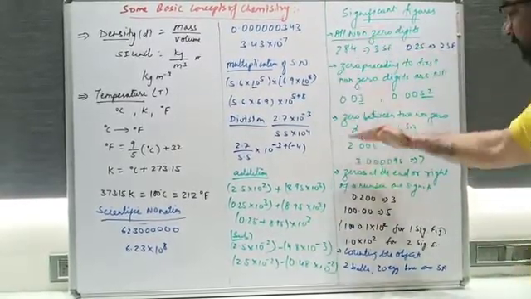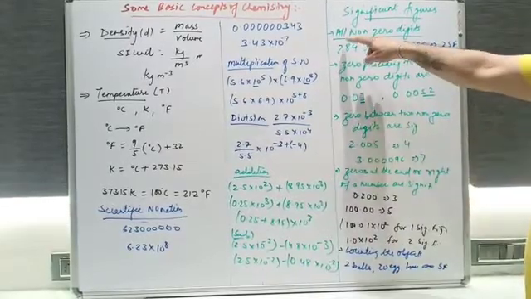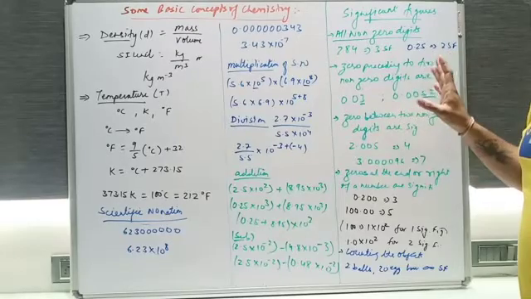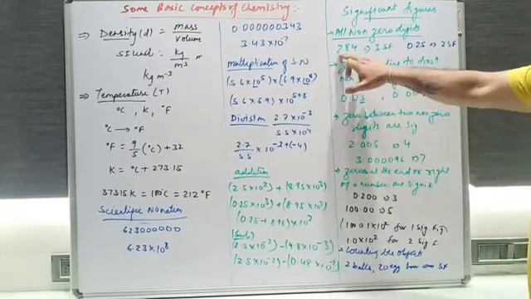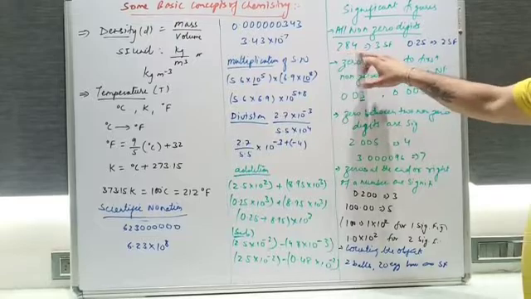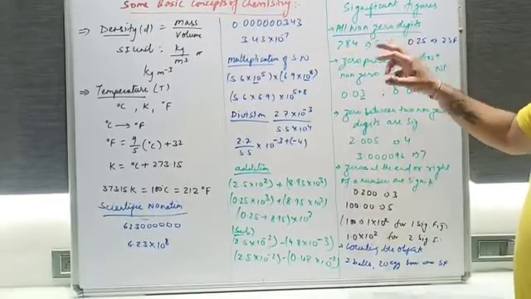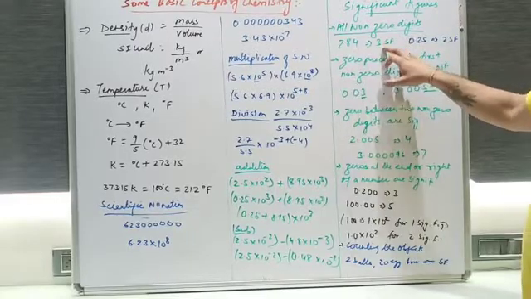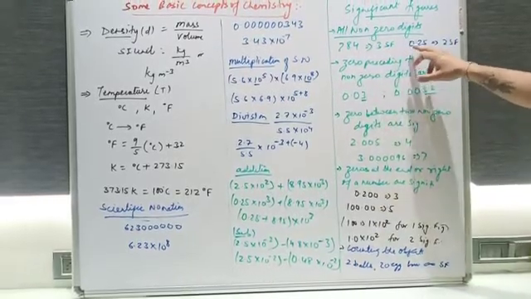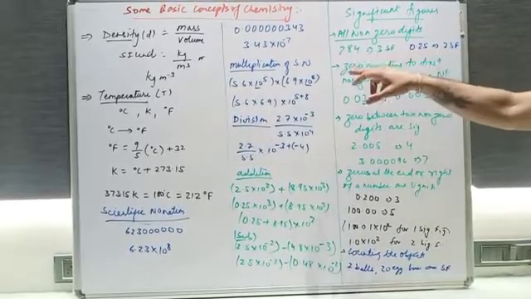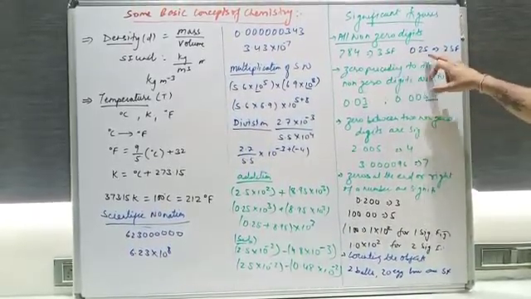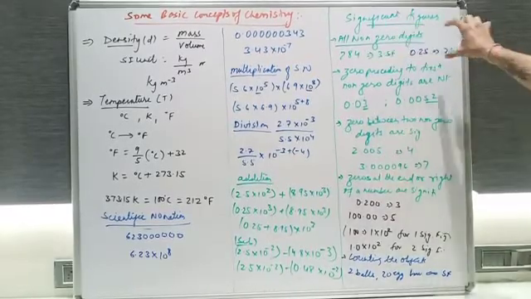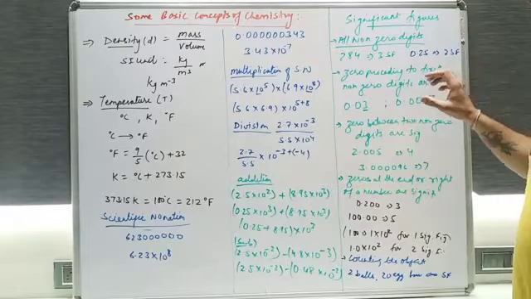So you will see that I have made the points. What are the significant figures? The first one is that all non-zero digits are significant. Non-zero digits means 1, 2, 3, 4, 5, 6, 7, 8, 9. Here it is 2, 8, 4, so 3 different digits are there. Is it fine? How many significant figures are there? 3 significant figures. Suppose this value is there, 0.25. That 0 will not be counted in that case. How many digits are there? 2 digits, so these are the 2 significant figures. So all non-zero digits are significant figures.